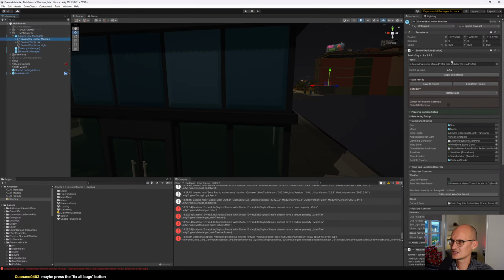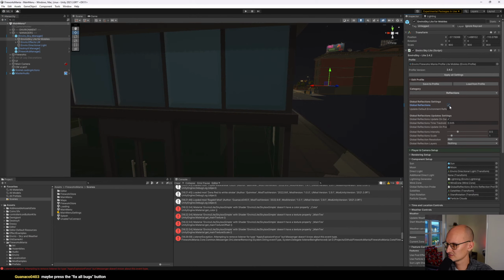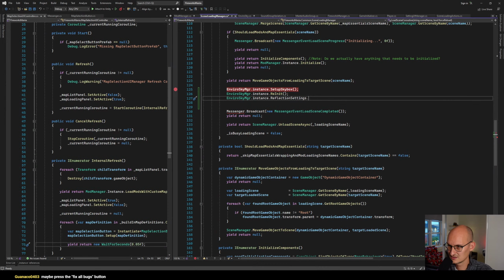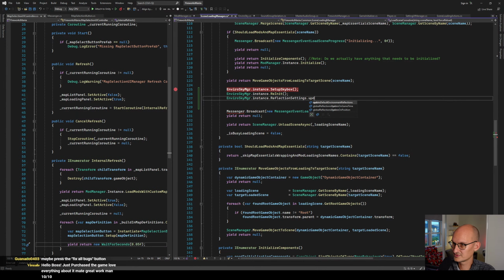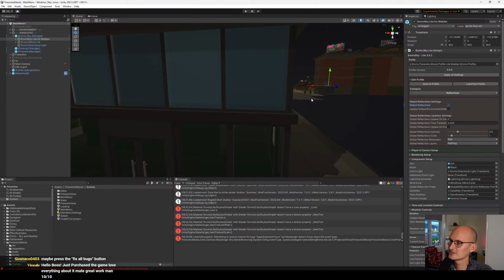That's not really what I want, because there most likely is one in here that maps to this. Global reflection update on game time and precision. Default environment reflections. Yeah, one of these is called